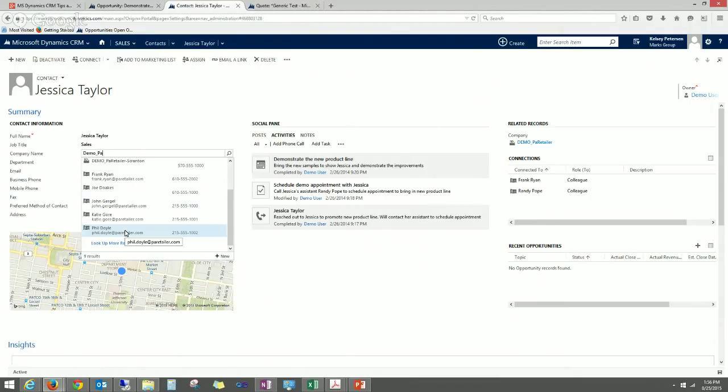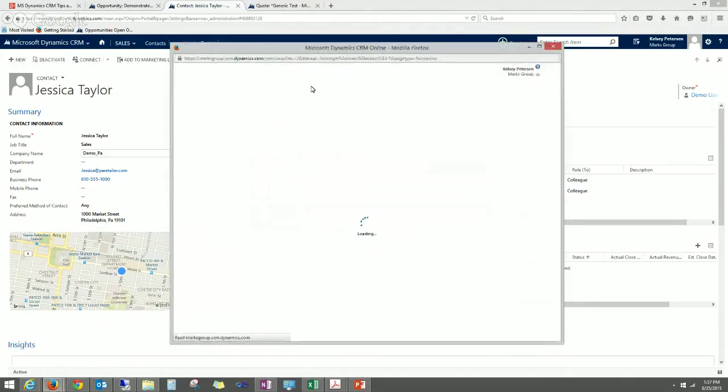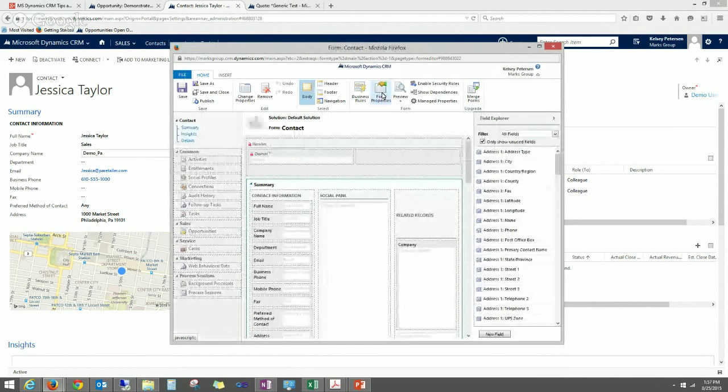So in order to make it a little more streamlined, and especially if you have a lot of contacts or a lot of companies in your CRM, you can filter this view so that you only see accounts and not contacts. Again, this is something that we will add to the onload event for the form. So we're going to go into our form editor, and then we're going to go to the form properties,